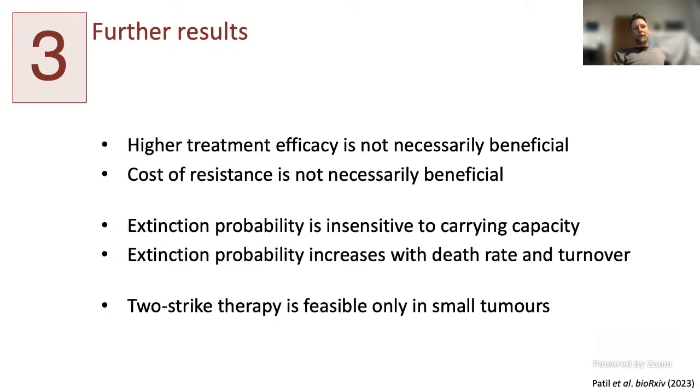But we really need to extend this work to look at multiple strikes. Our hypothesis is that what you could do is just repeat this. So if two strikes are not enough, you've reduced the size of the tumor enough that then you can apply a third strike, and that might be enough, or a fourth strike might be enough. So what we expect is that if you have larger tumors, then multiple strikes would allow you to drive the tumor to extinction, although that is something that we have yet to fully investigate.